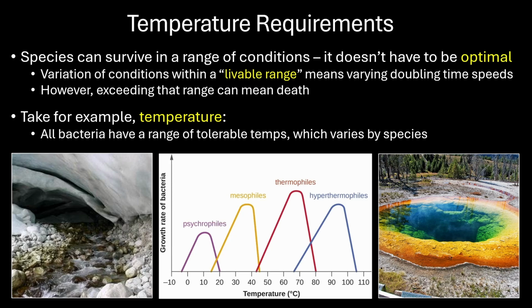But what we do see is that there is a range of temperatures that the species can survive in. Within that, a specific area of the temperature range will be optimal. It will grow best under those conditions. And then if you start moving outside of that optimal range, it does less well. And if you move really far outside of that range, you move out of the livable range, now you are going to see the organism likely die.